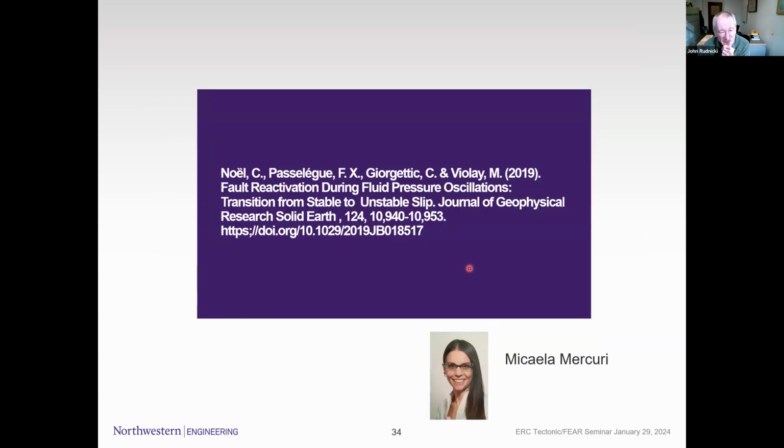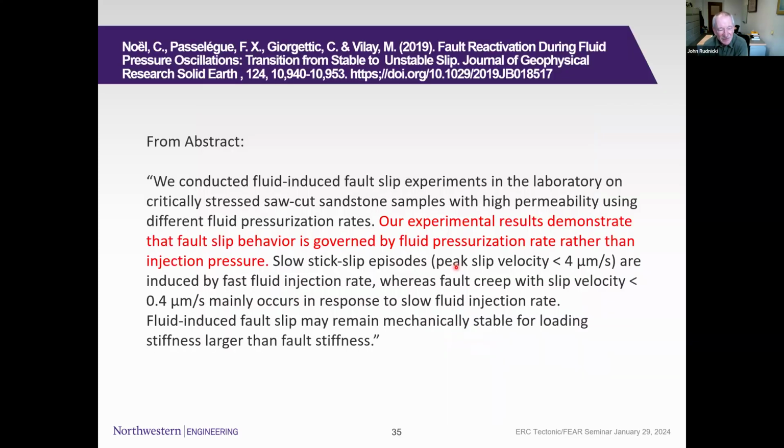Okay, so we're on to the last segment, which I will probably abbreviate a bit in the interest of time. These are experiments which have an oscillatory pore pressure oscillation. This is kind of under construction still, so there are a lot of things we need to look at that we haven't. And their main conclusion was that the fault slip behavior is governed by fluid pressurization rate